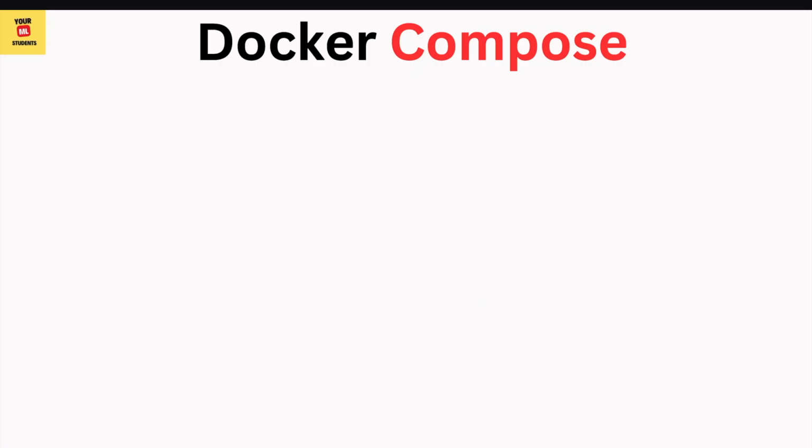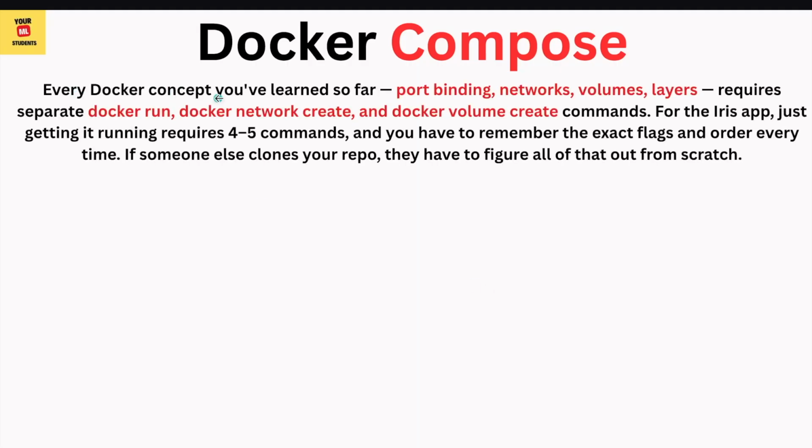That thing we were discussing inside our Docker network. So what is Docker Compose? Every Docker concept you have learned so far: port binding, network, volume, layers, and so many things requires separate docker run, docker network create, docker volume create commands. We were running those commands one by one to create multiple components of it. Now for the Iris app, just getting it running requires 4 to 5 commands, and you have to remember the exact flags and order every time. If someone else clones your repo, they have to figure all of that out from scratch,